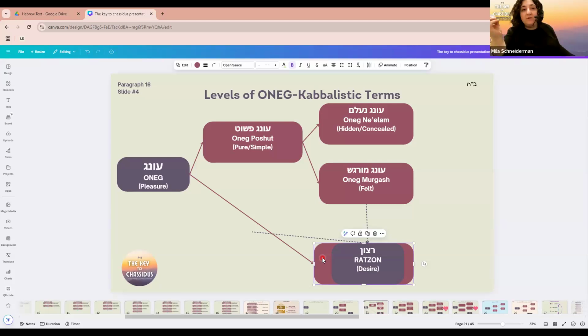But very simple, Maria. Let's just look at this. Why would you want to have that ice cream? It's very simple. Because you feel pleasure when you eat it. Right. That's why oneg murgash is the source for us. But the oneg murgash is still an experience of beingness. Fine, that's why he says makor. That's why he doesn't say shoresh.